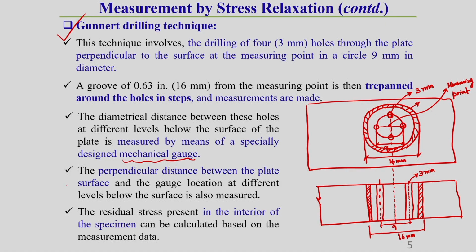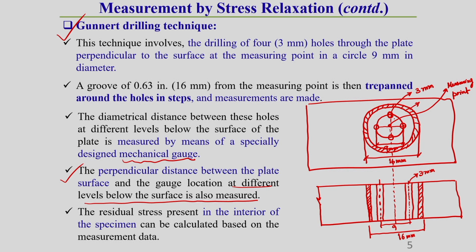Okay, that thing I have also written here. So, the perpendicular distance between the plate surface, that means the top of the plate surface, to the depth where we are generally measuring this distance, that distance also we have to measure. That means the perpendicular distance between the plate surface and the gauge location at different levels below the surface is also measured. So, what happens once we do this trepanning operation,